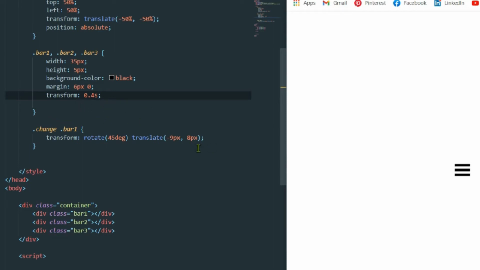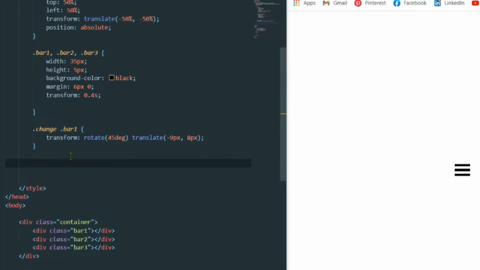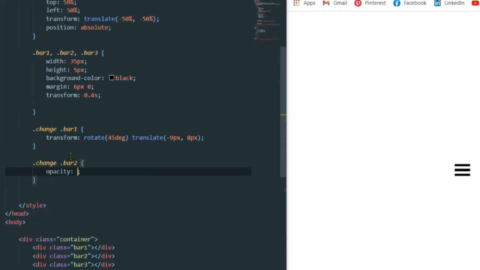Now let's come to the second div, bar 2. I'm going to make the opacity 0, so I will trigger it this way: dot change bar 2 is going to have opacity 0. So this middle bar will disappear when we click on this icon. Now let me copy this for the other sections,